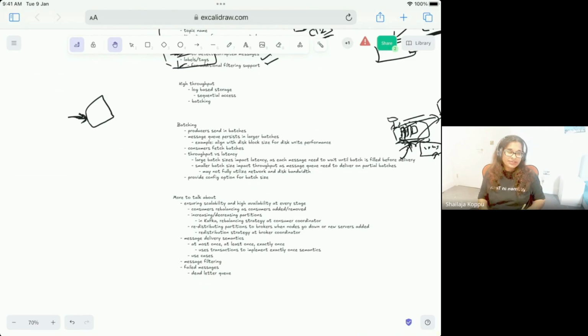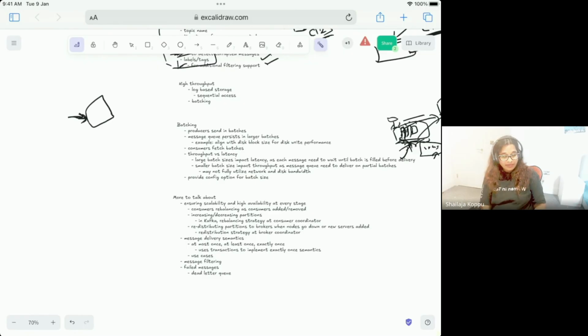In a real system, what we can do is keep it as a configuration option, so the user can configure what batch size they want. If it is a latency intensive system, then they can go for lower batch sizes. If it is a really throughput intensive system, they can increase the batch sizes accordingly. So that can be a trade-off and can be given as a customizable option for the customer. And then, yeah, this is the one customized option.